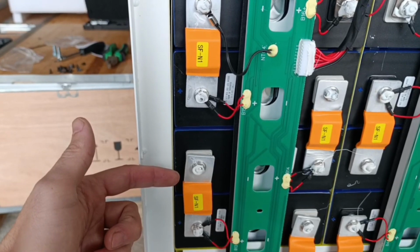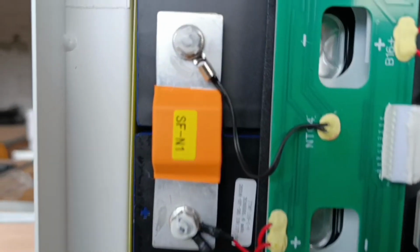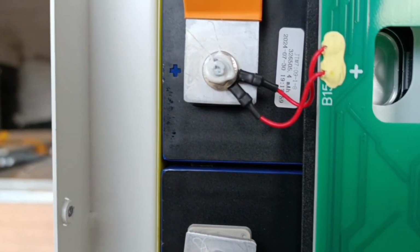you can easily, in case needed, replace cells, in case that might definitely be required. So, about the cells themselves,